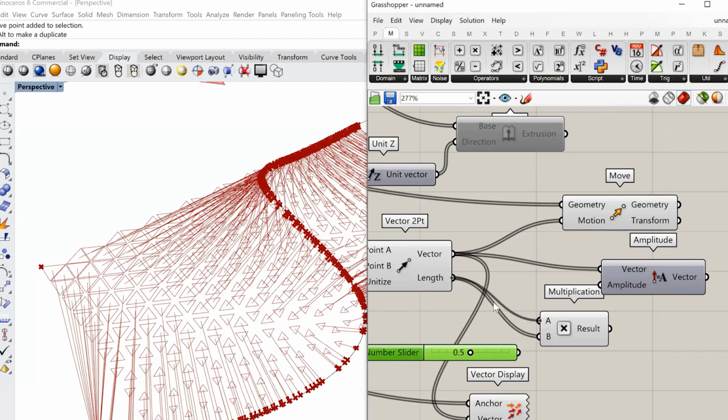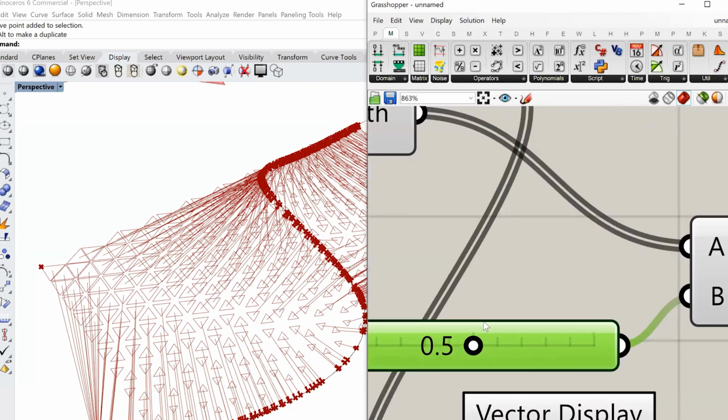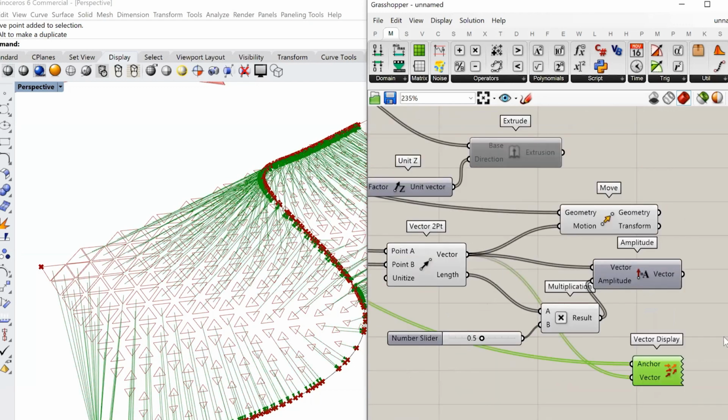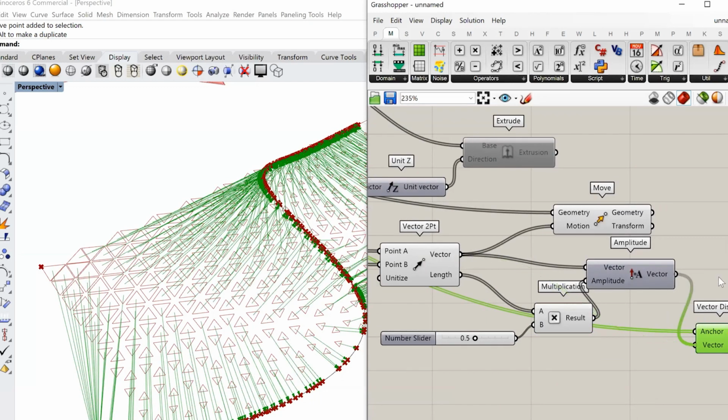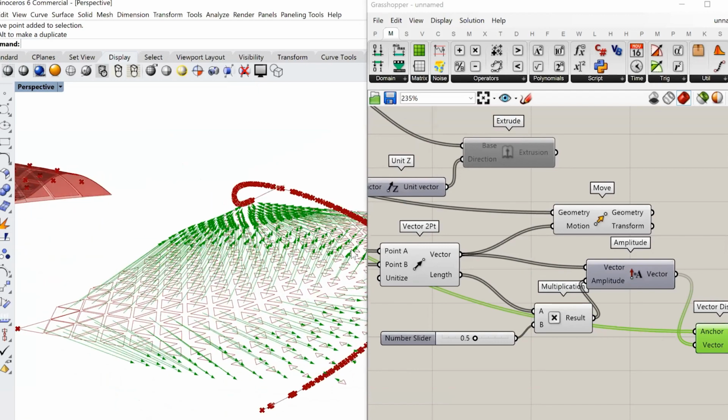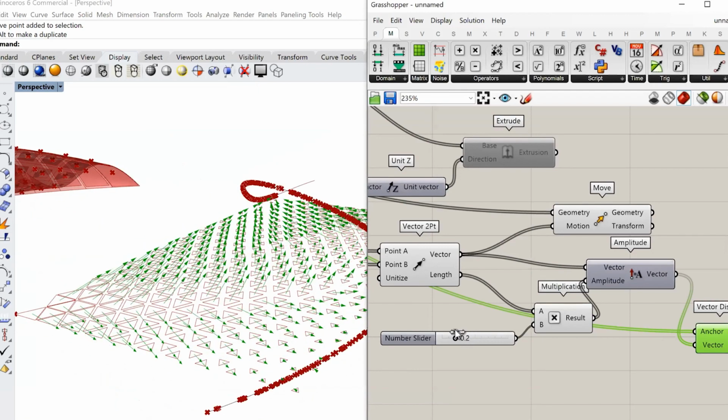So all my length of the vectors are getting multiplied by 0.5 or divided by 2. And let's say if I use this as my amplitude, let me display this vector. Now can you see it's half the size of its respective distance, and I can control that here.